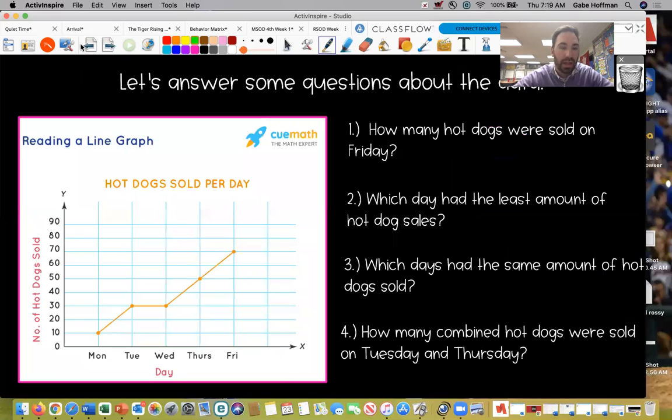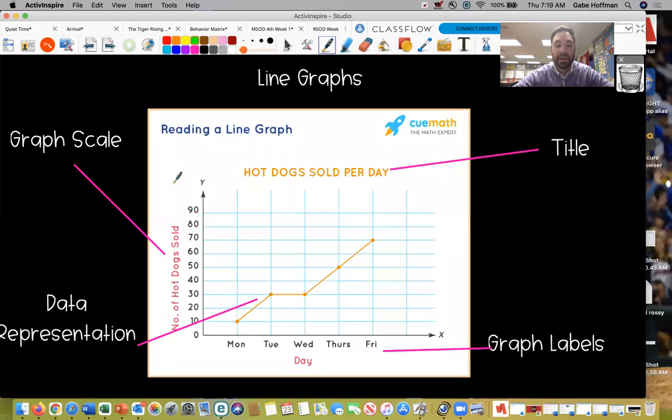I also have what we call a line graph. Line graph, very similar to a bar graph. You have almost all the same things. You have your graph labels down here with your x-axis label. You have your data representation in a line though, instead of bars. You've got a title and a graph scale. It's all pretty much the same pieces as a bar graph, except line graphs are showing how data changes over